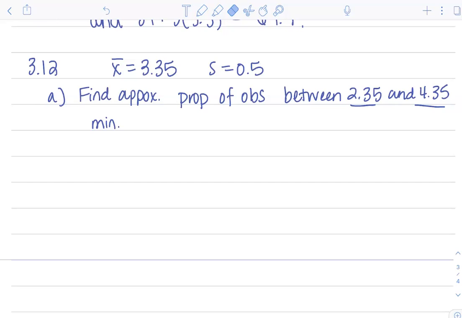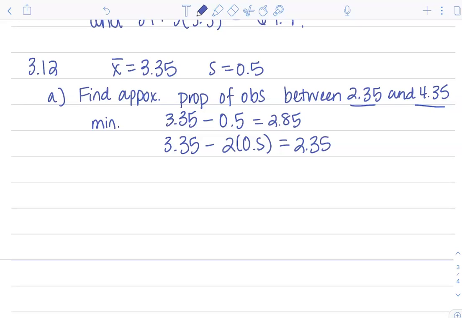So we start with the mean, 3.35, and if we subtract 1 standard deviation, that takes us to 2.85, but that's not where we're going. If we subtract 2 standard deviations, that takes us to 2.35. So here we are looking at going 2 standard deviations. So if we do our 2 standard deviations, Chebyshev tells us that 1 minus 1 over 2 squared, or 1 minus 1/4, or 75% of observations will be within 2 standard deviations, which tells us that 75% will be between 2.35